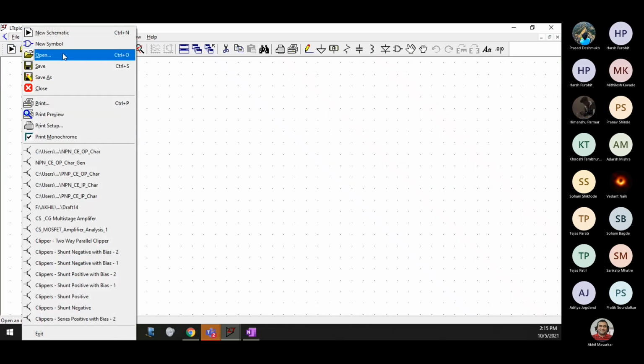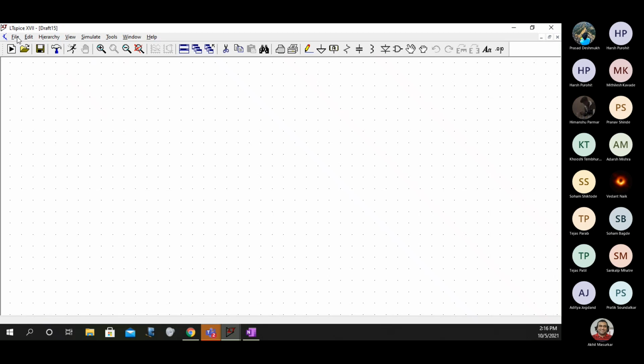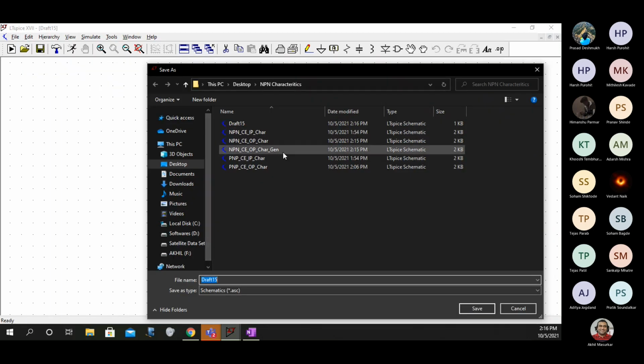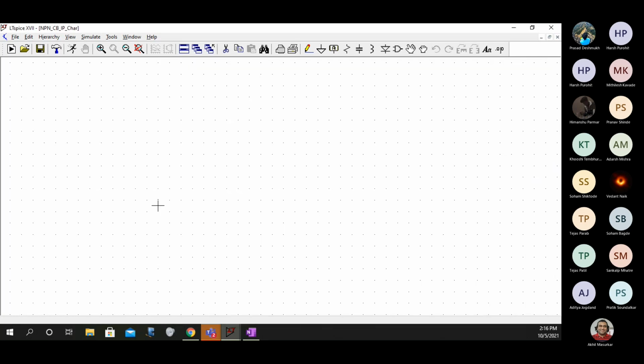Again we'll save this file. Instead of NPN common emitter, let's save it as common base. I have saved it as common base input characteristics.